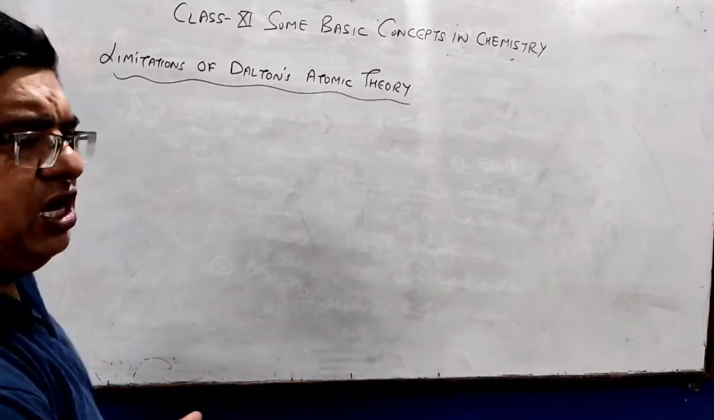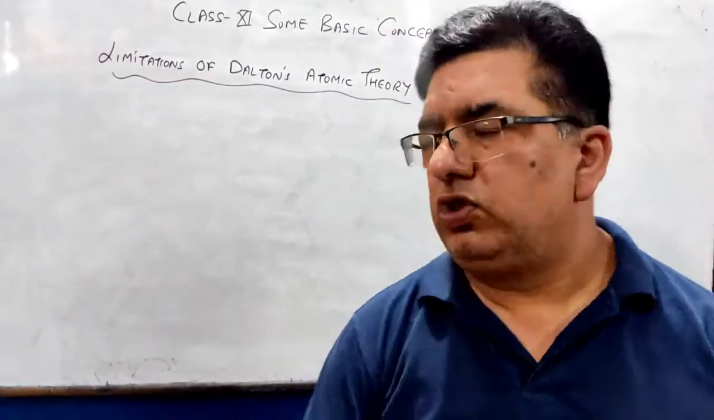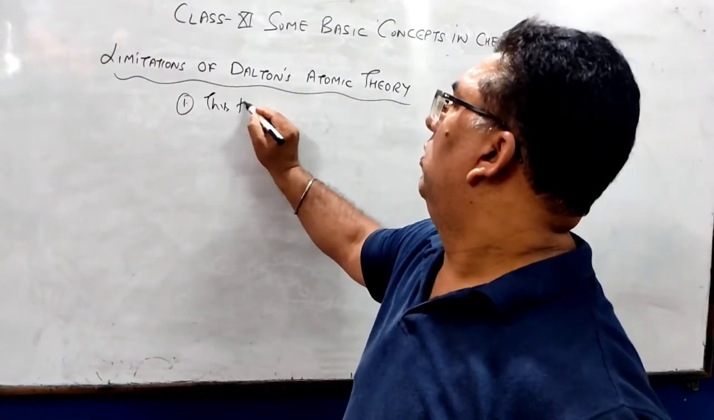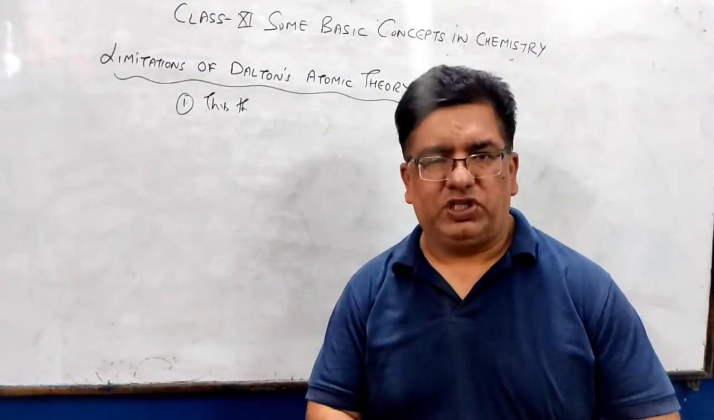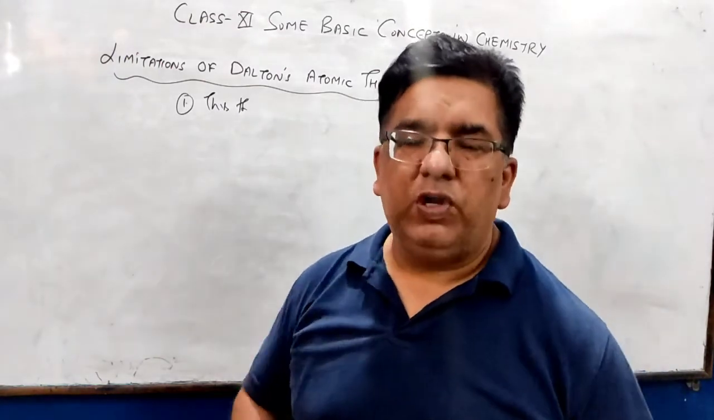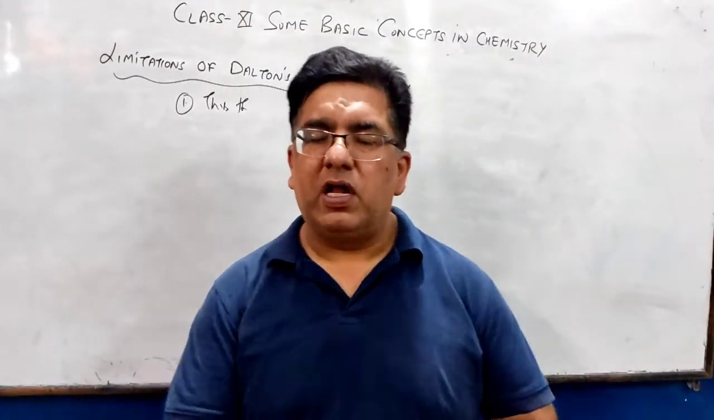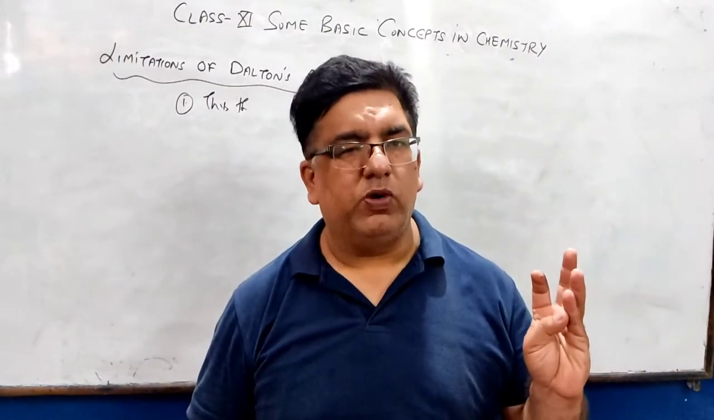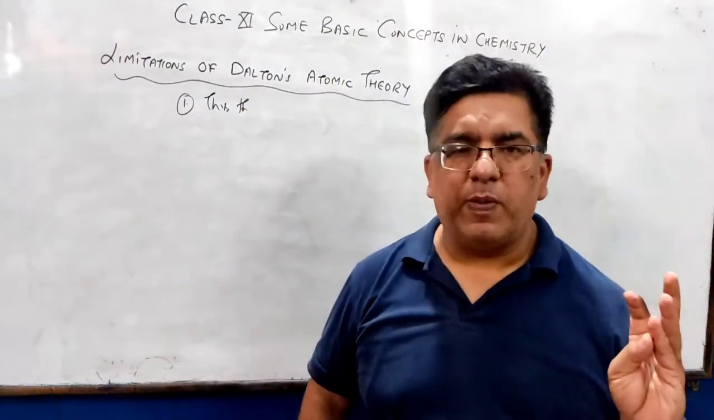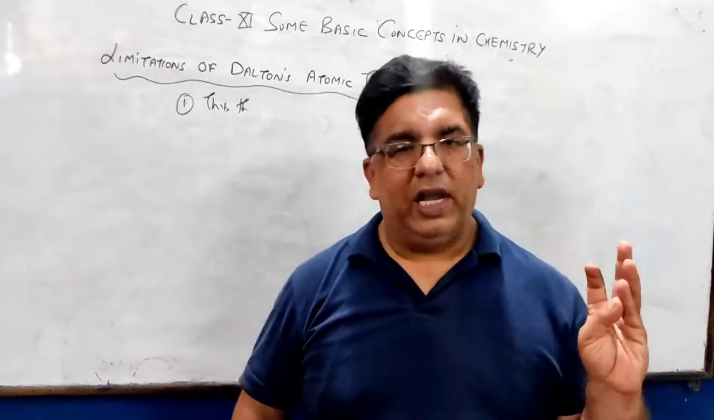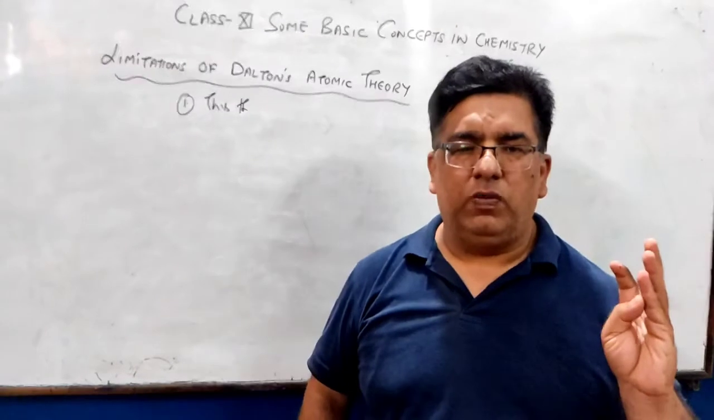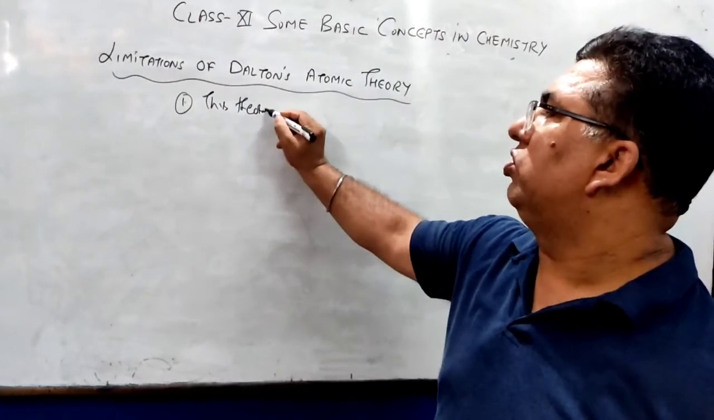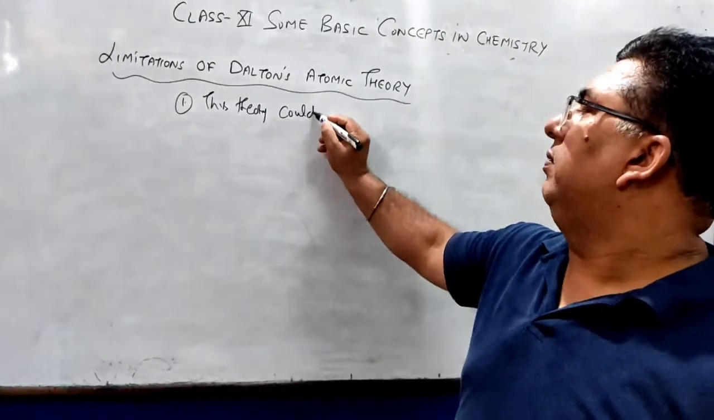Now what are the different limitations of Dalton's atomic theory? So first one, we know about the laws of chemical combinations. In my previous video, I have explained laws of chemical combinations, and we have studied law of conservation of mass, law of constant composition or definite proportions, law of multiple proportions, and next one is the Gay-Lussac law of combining volumes and Avogadro's law. So this theory, जो Dalton's atomic theory है, this theory could explain